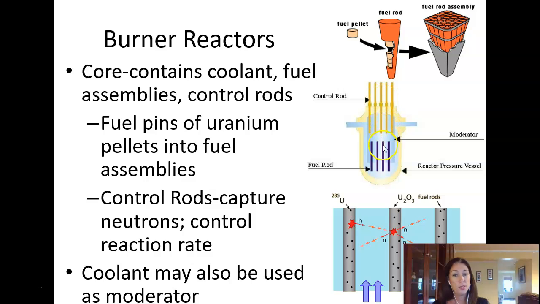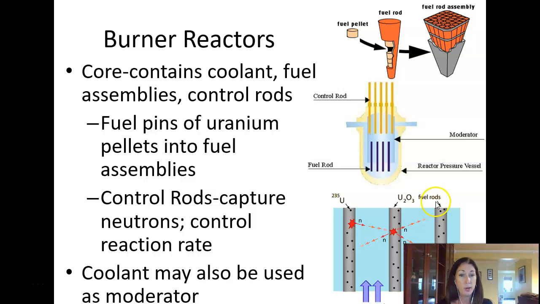And the control rods can go in and out of these fuel rod assemblies to absorb neutrons. That's what those control rods do. They can control the pace of those neutrons. So if you want to slow your reaction down, you put your control rods in. They'll absorb the neutrons and the reaction will stop. If you want a lot of reactions to be going on, you pull the control rods out